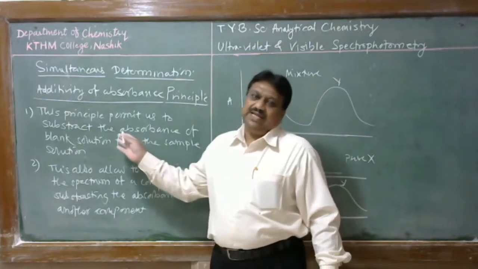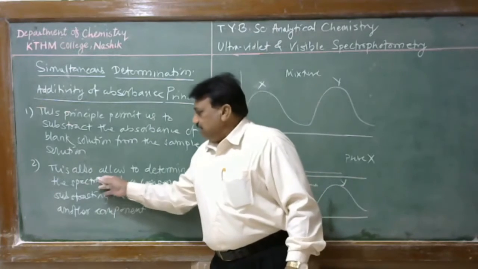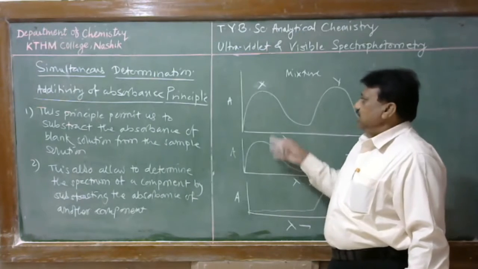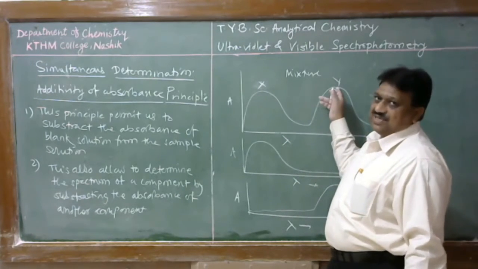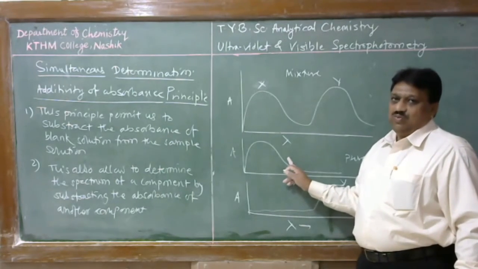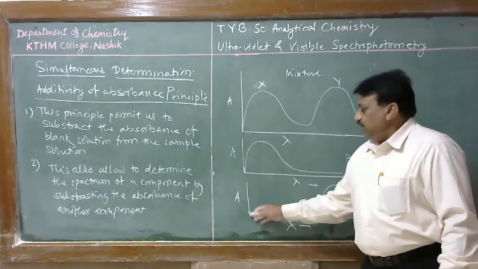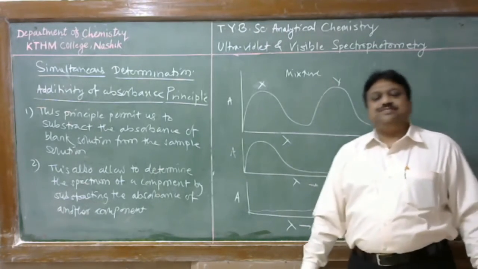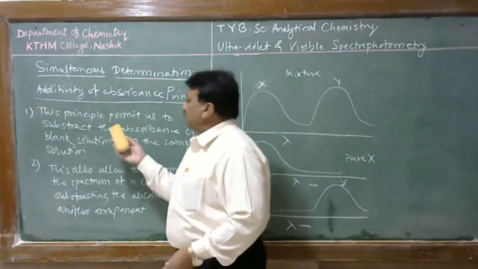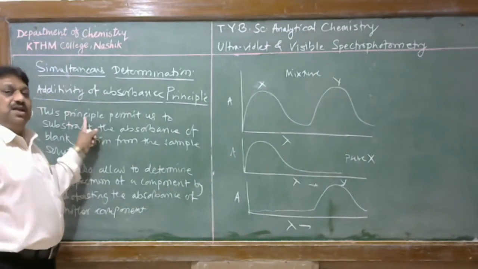Their absorbance we can eliminate from the sample solution by the subtraction method. As well as by this subtraction method, we can also obtain the absorption spectrum of another component. Suppose for a mixture we have this absorption spectrum, and we have the absorption spectrum of pure compound 1. Then for the second component, its absorbance and absorption spectrum can be determined. Therefore, this principle also allows us to subtract the absorbance of one component from another if those are present